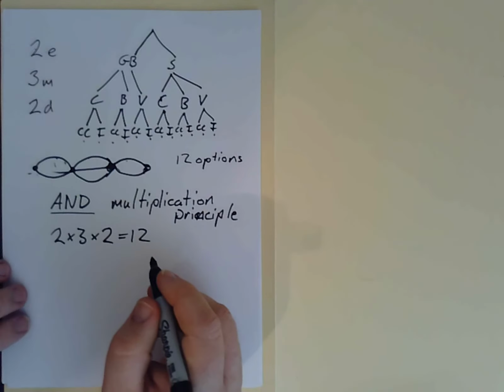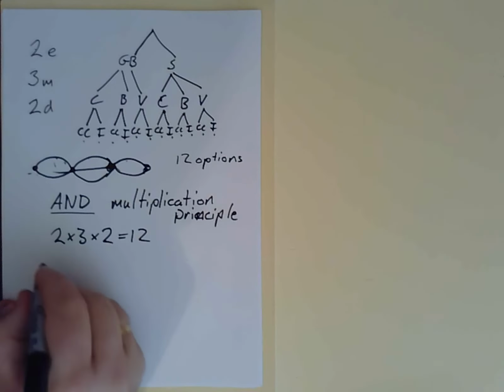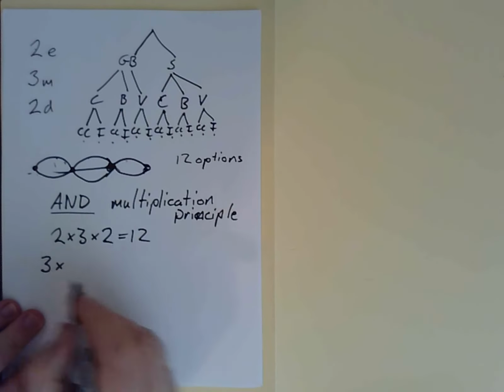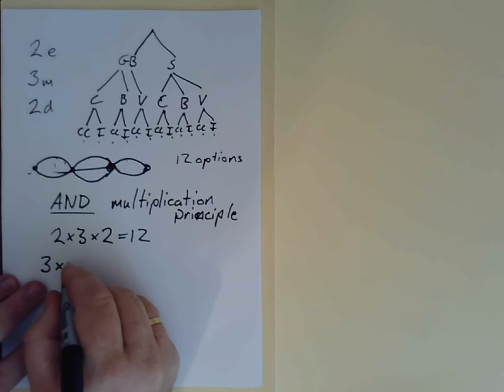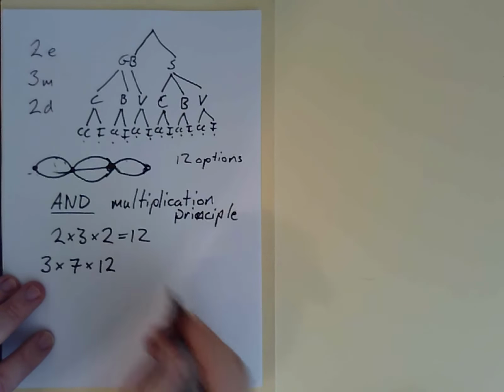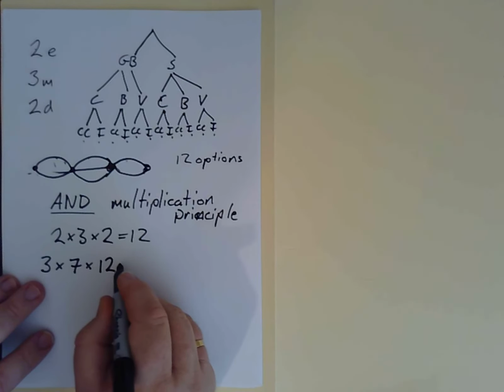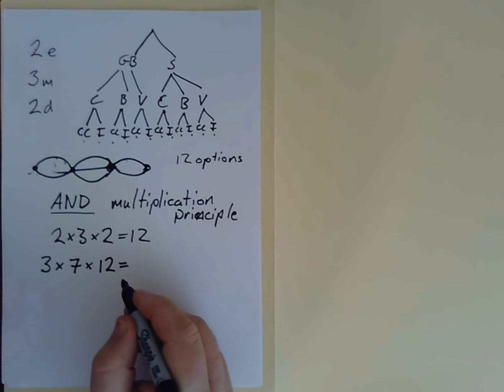And we could extend that to a much bigger problem. Let's say someone's getting dressed in the morning. They have 3 pairs of shoes. They have 7 pants and 12 different shirts they could wear. How many different outfits could they make? Well, if we just multiply all those together,